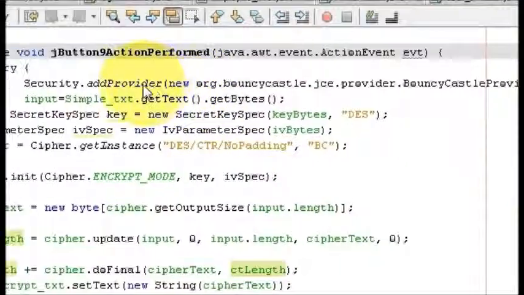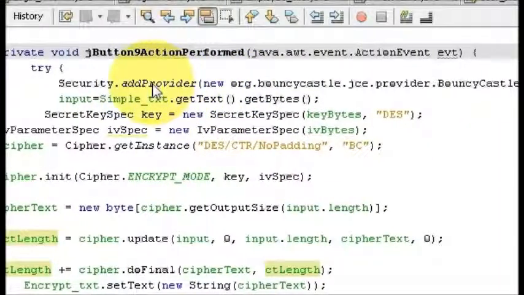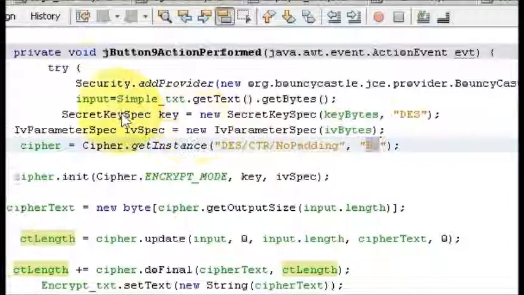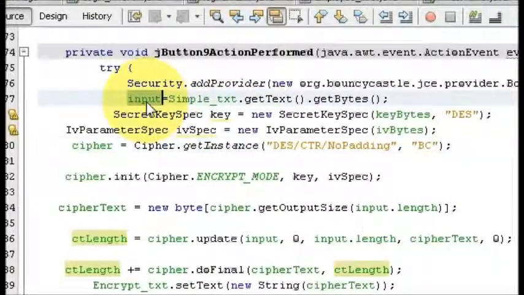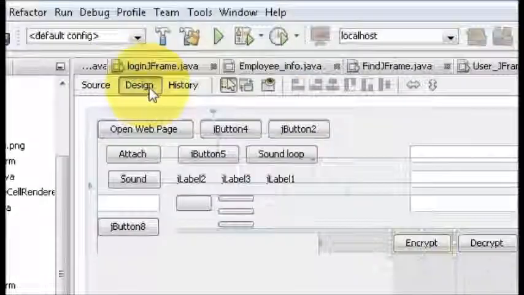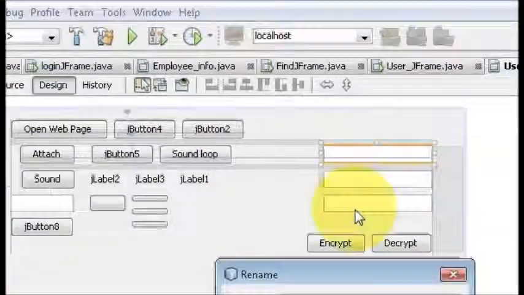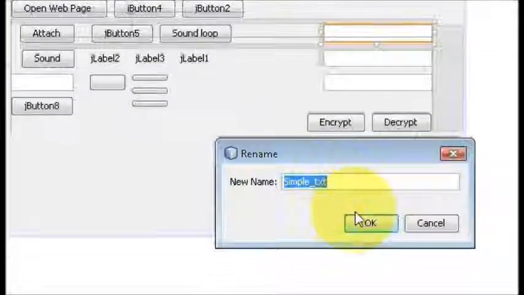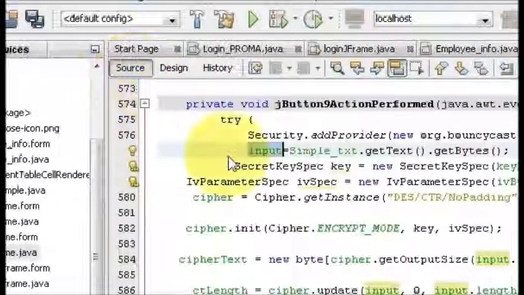So this is a type of the security provider which we are providing here for this type of message. And now this is the input variable which we have declared above at the top of our program, and it is equal to simple text, which is this variable name. You can see here simpleText, the text field variable name. So input is equal